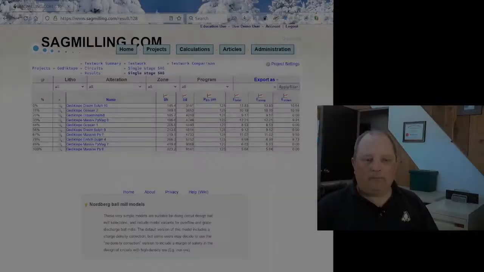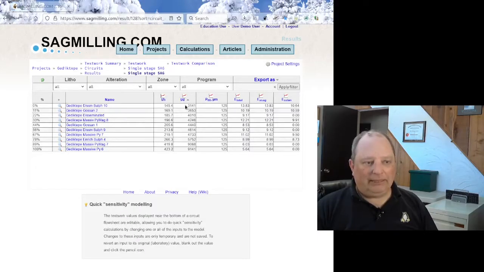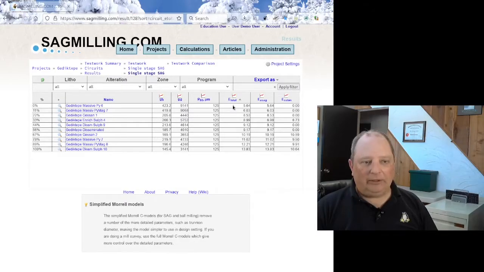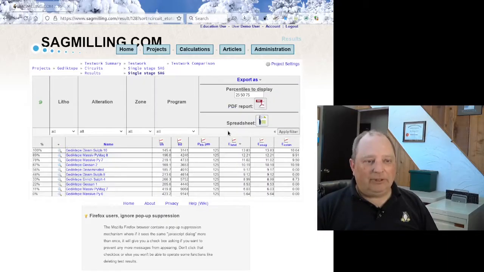The final thing I'll demonstrate today is the results table that you get when you run the models. We've got a table here that you can see presented as a web page. We can sort by high tonnage to low tonnage or high hardness to low hardness. We can also apply filters on things like lithology if we've entered lithology, alteration regime if we've entered alteration regime. We haven't actually done that here, so you can't see these filters operating. And the last thing we've got is